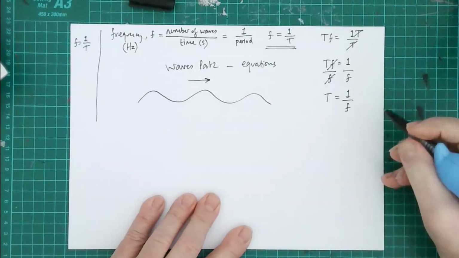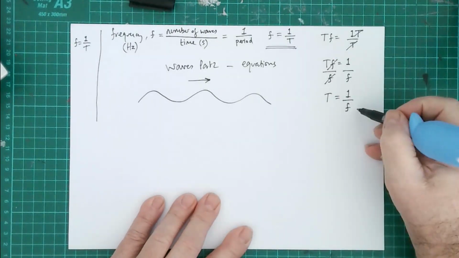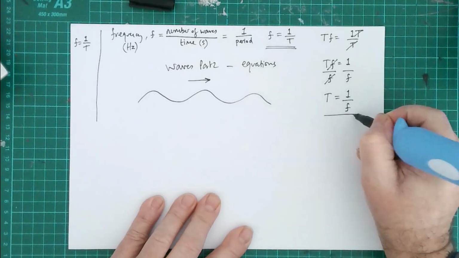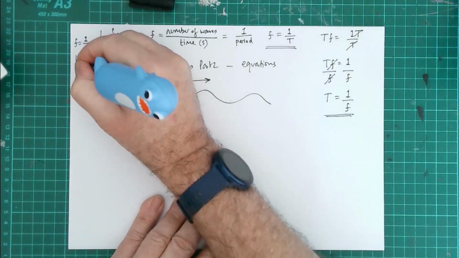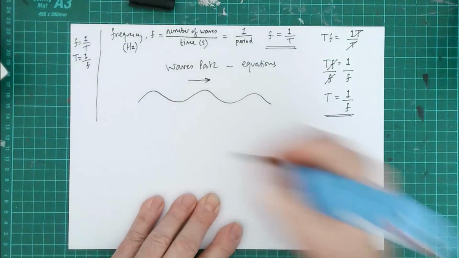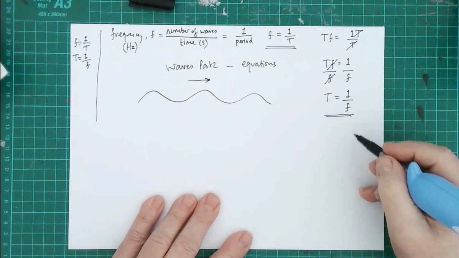It looks very similar to this one, doesn't it? But we've just swapped the f and the T around effectively. So let's collect that in our box. That might be useful. Now what else can we do? We've got